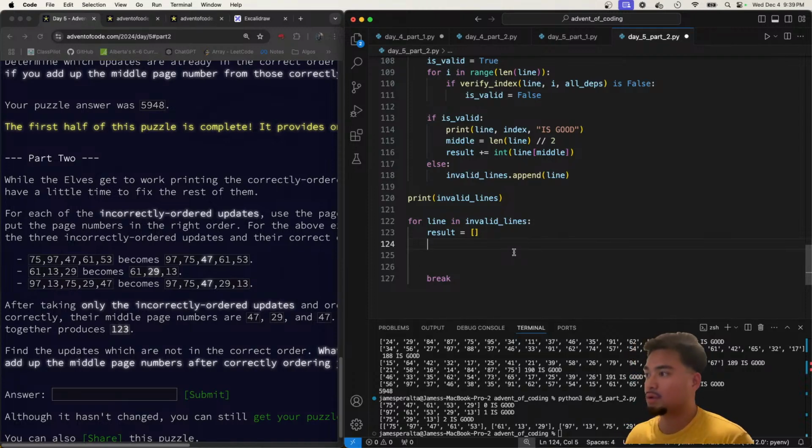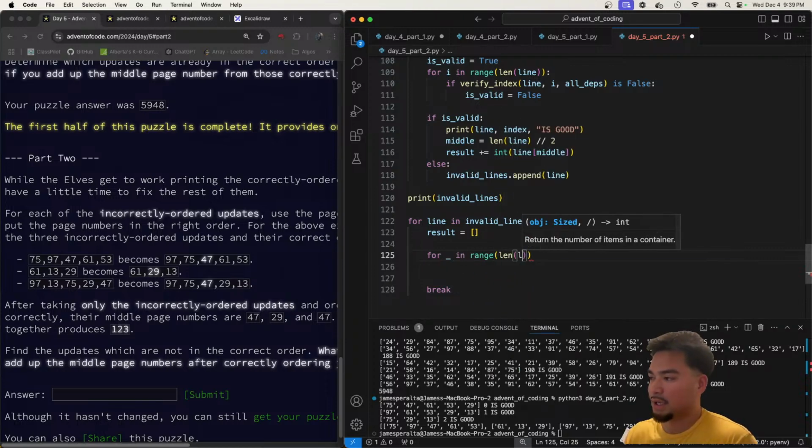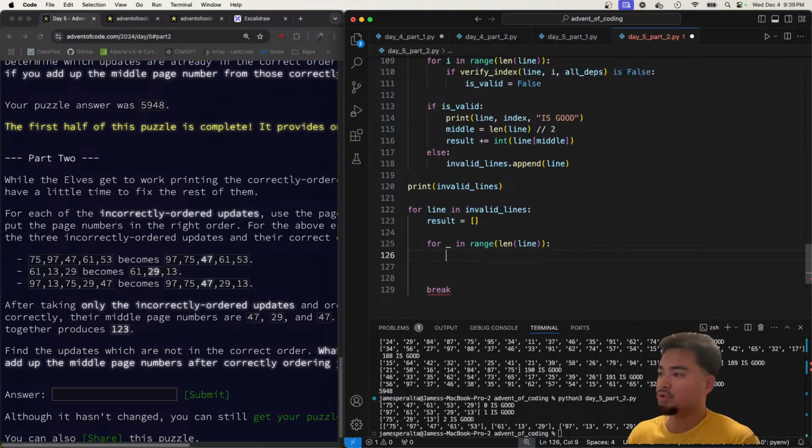For elements in the range of the length of the line, we're going to look for a candidate. We're gonna grab a candidate, or let's see, candidate elements equals